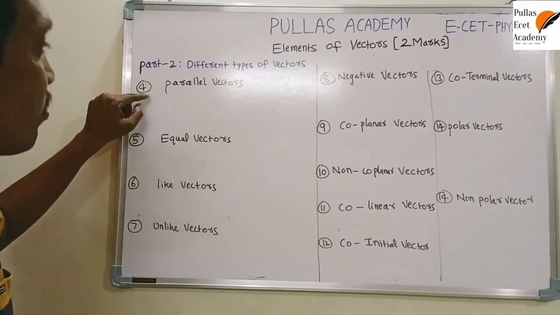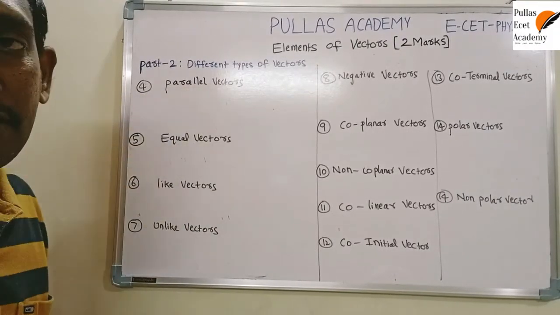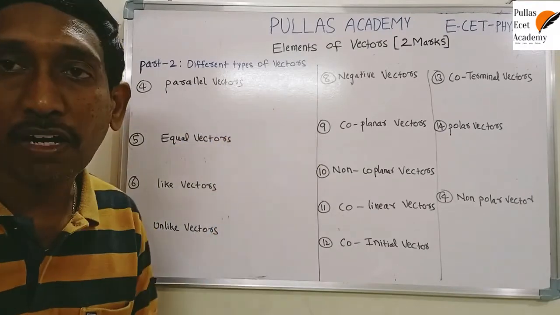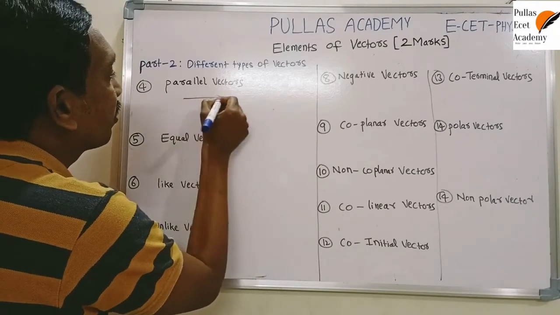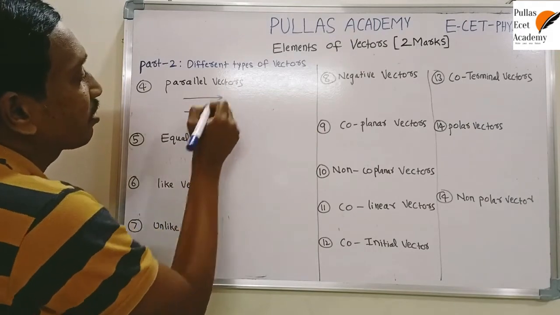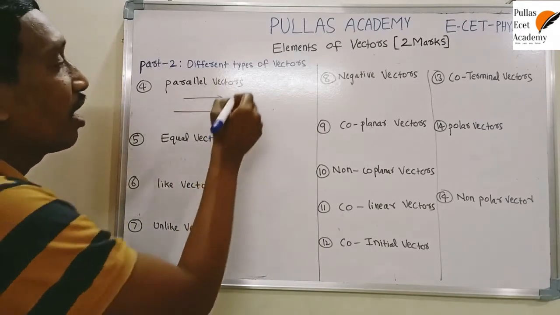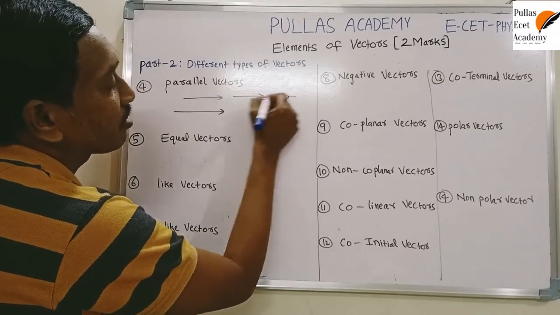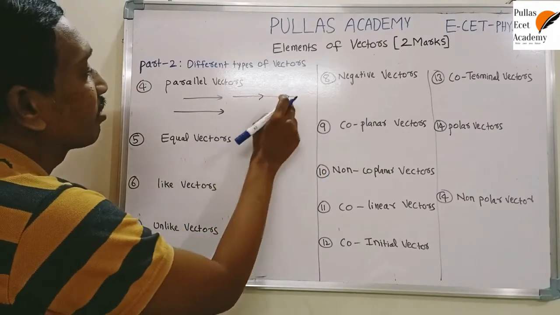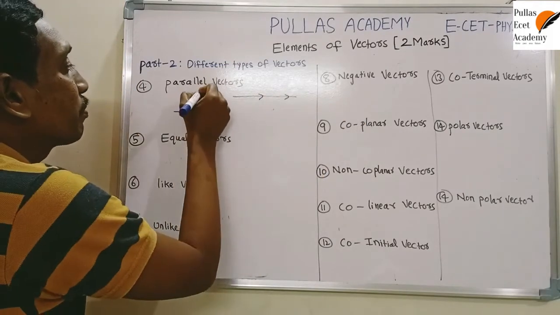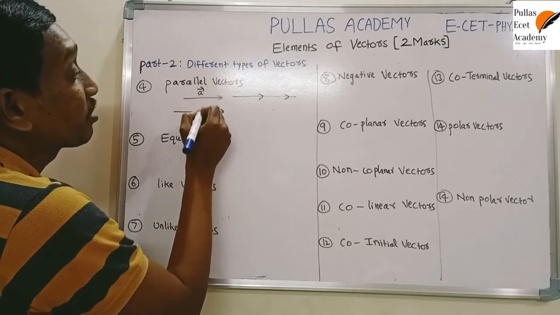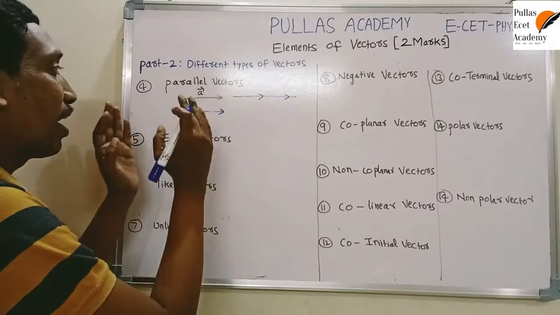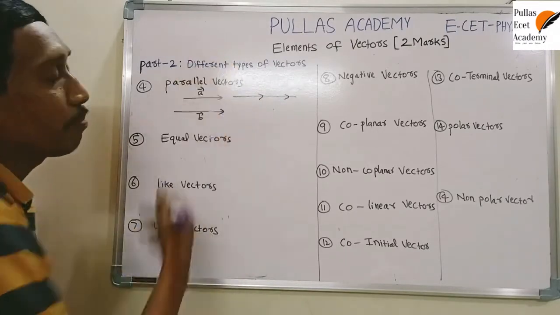Now we are going to discuss one more type, that is parallel vectors. Parallel vectors means if the direction of the given two vectors is the same, they are called parallel vectors. That means this is one vector, this is the second vector. These two vectors' directions are similar, so they are parallel vectors. Otherwise, along the same straight line, if you consider another vector, these two are in the same direction, so they are parallel vectors. This is suppose a bar vector, b bar vector. Here magnitudes are not similar, directions are similar. If the directions are similar, they are parallel vectors, whether magnitudes are similar or not.